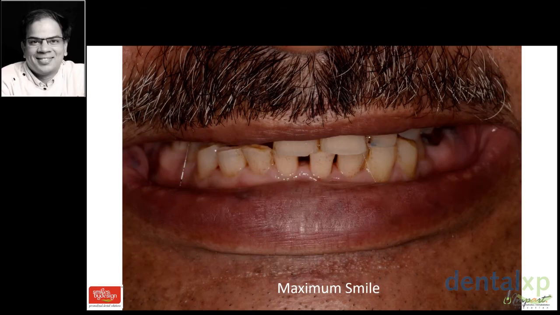So let's start with the patient. This is a guy around 55 years old and he has got a worn dentition. This is his maximum smile in the initial part of the treatment. As we progressed with the treatment, the smile became a little better, but at this point he was unable to elicit any further lip movement or mobility with his smile. These are the pictures that I would take for each and every patient, and that's the information I would gather from every patient for whom a full mouth rehab is planned.